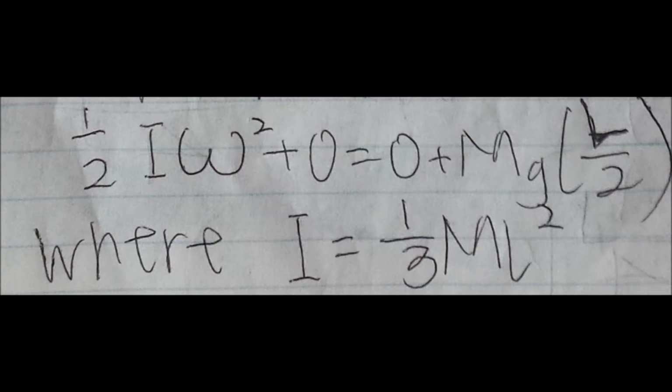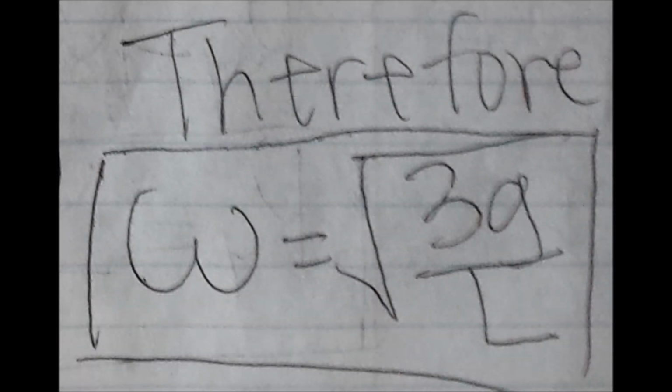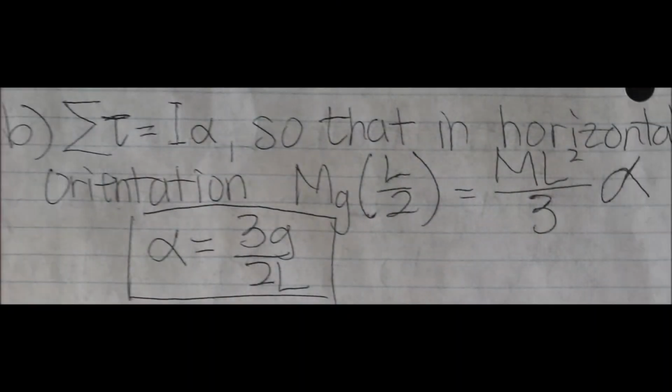In this problem, I is equal to 1/3 mL squared. Substituting 1/3 mL squared for I and solving for omega, you will end up with omega is equal to the square root of 3g over L. For Part B, the summation of tau is equal to I alpha,